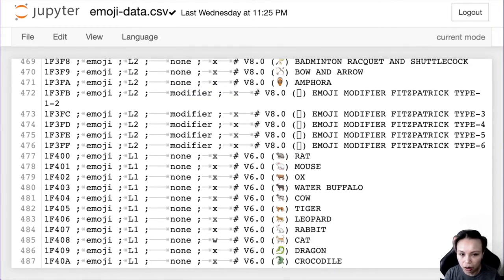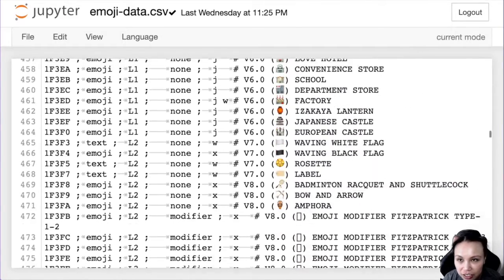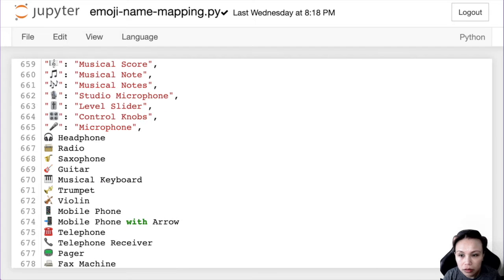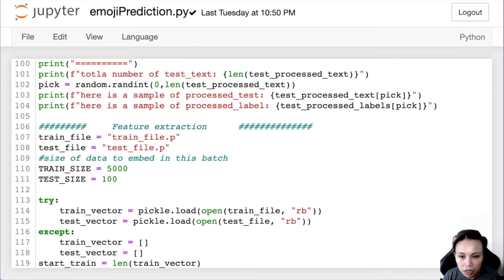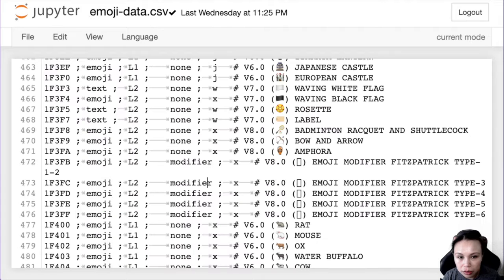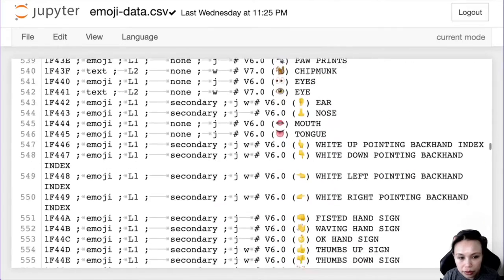How can I do that? Yeah. Oh, this one I was being silly. I'm just like, okay, it's too much, so I'm not doing it that way. Okay, so if it's a modifier, then I remove it.